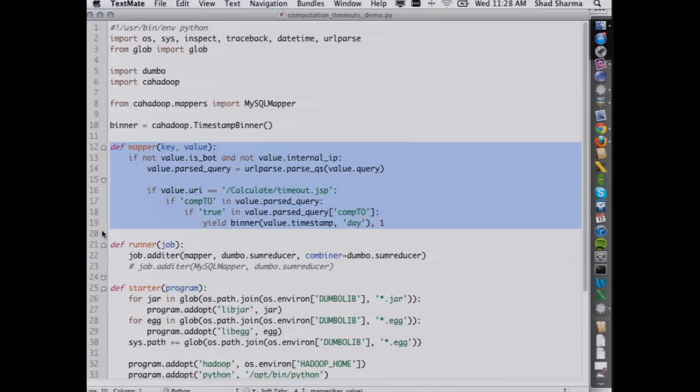How many people here are familiar with MapReduce? Just a show of hands. How many people are not familiar with MapReduce? Okay. So MapReduce is a technology for doing distributed computation. Typically, the way it works is you have, like in the example of Apache logs, the mapper will take one record at a time to each call of a map function.